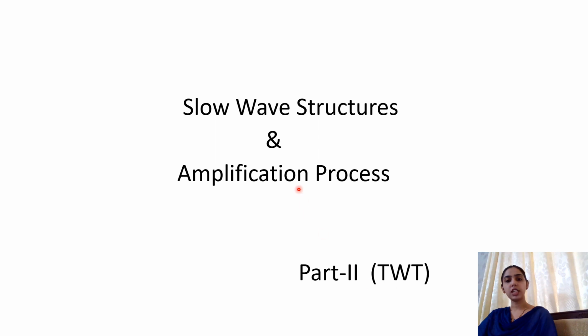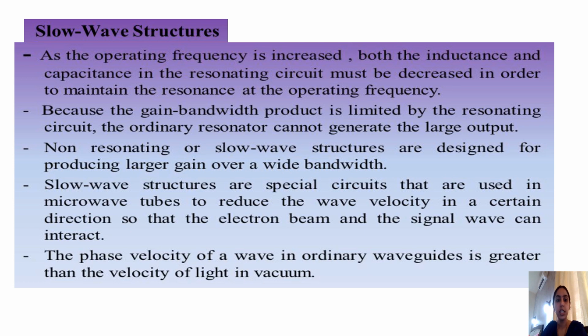That is, the significance of each and every component in a travelling wave tube was stated. Now we will go on to state the significance of the slow wave structure used in the travelling wave tube. Here we are going to speak about the helical wave structure used inside the tube, and we will also state the amplification process undergoing in a travelling wave tube, that is, how the RF input provided is going to be amplified and taken. So in this lecture, we will see both the slow wave structure and the amplification process in the travelling wave tube. Now in this section, we will see about slow wave structures.